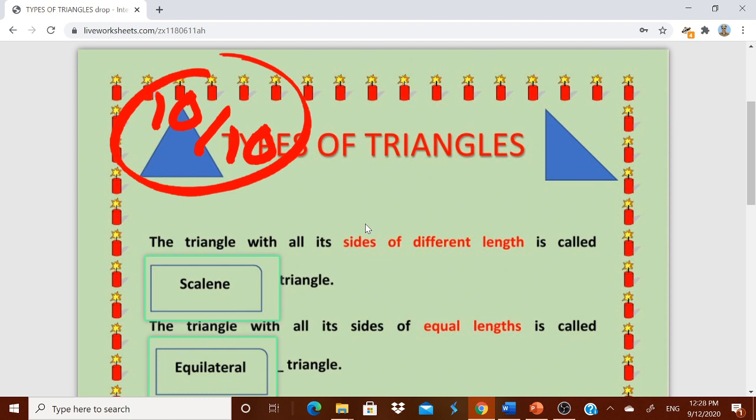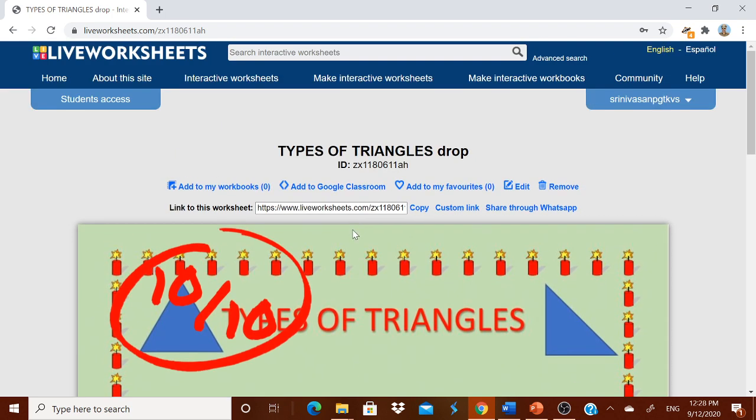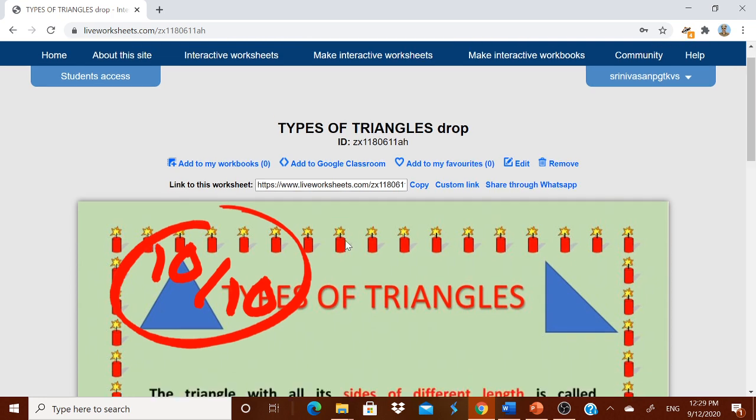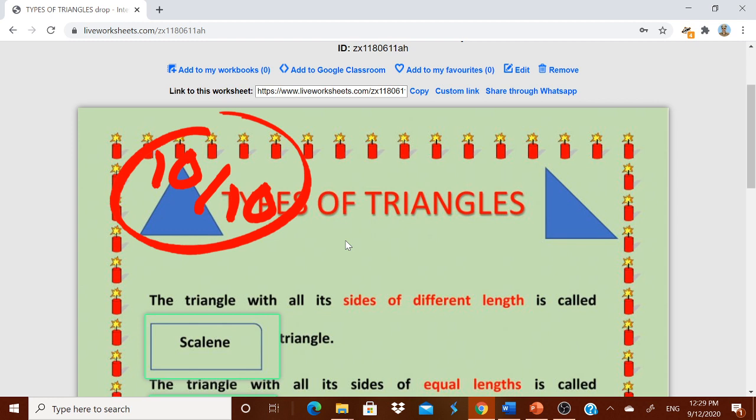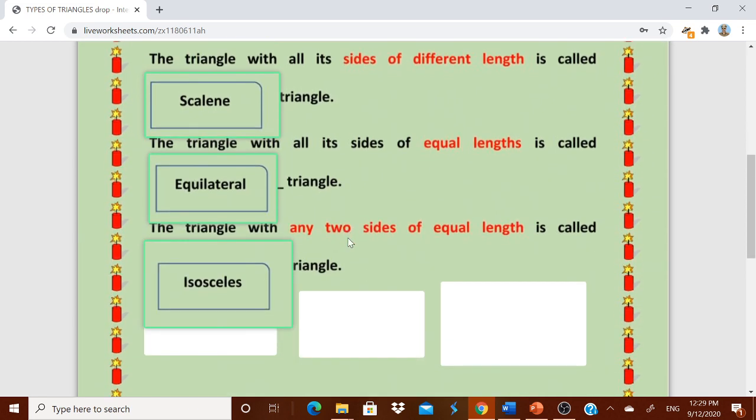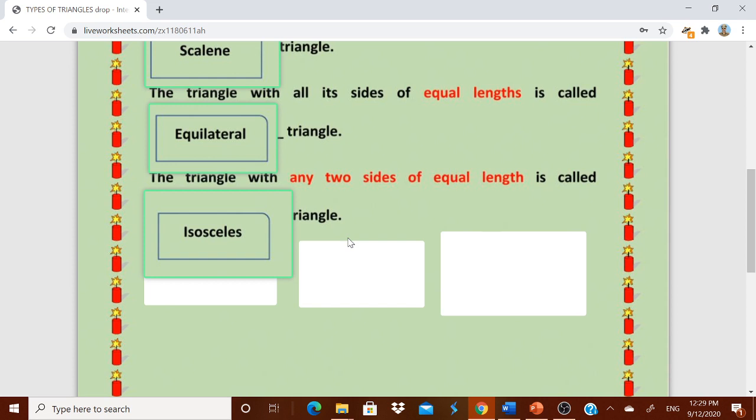Well, now this is the way to make your drag and drop exercise. Very simple. First type the whole paragraph or the statement, whatever you want to give, and then give a gap where you want something to be dragged and dropped, and the words to be dragged and dropped should be given separately, maybe at the bottom or at the top or at the right side corner of your worksheet.